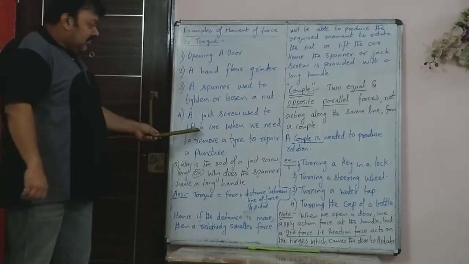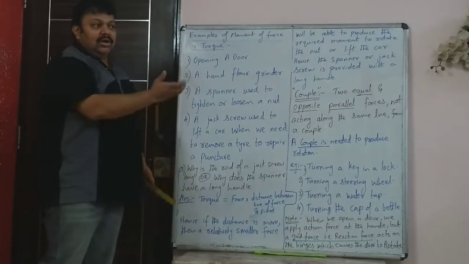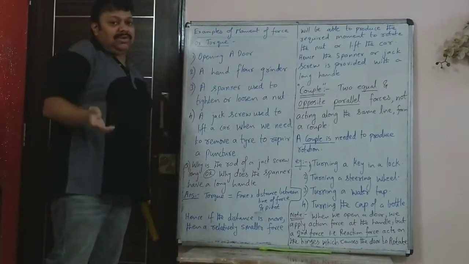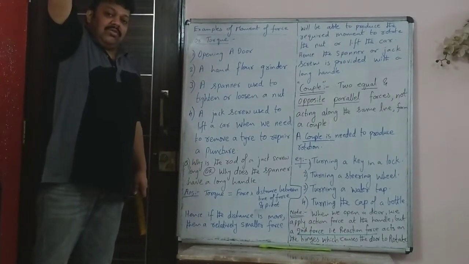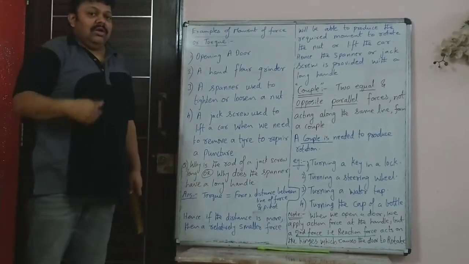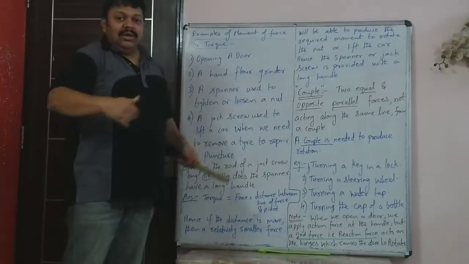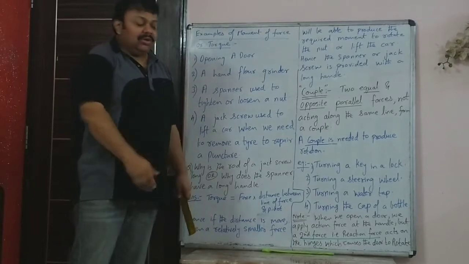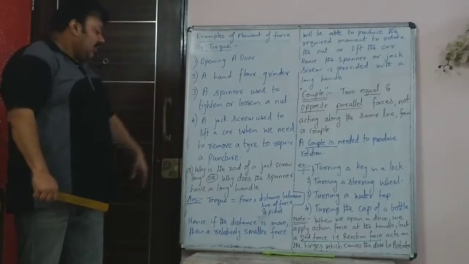So in this case you may ask, where is the body rotating? Actually the body is moving about a pivot. So one part of the car is only going up. Maybe if you need to remove the back tire, then the back part of the car is moved up. So it is actually rotational motion, it is not linear motion. And if you want to remove the tire on the front side, then only the front side goes up. The back tire remains on the ground. So there the back tire is the pivot. So these are all examples of torque.